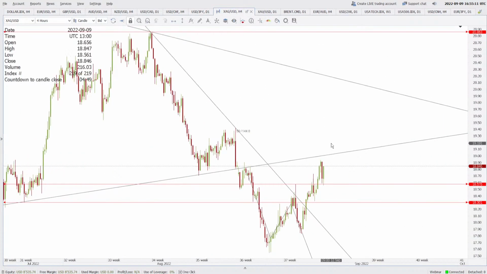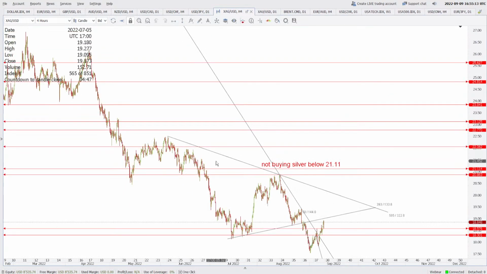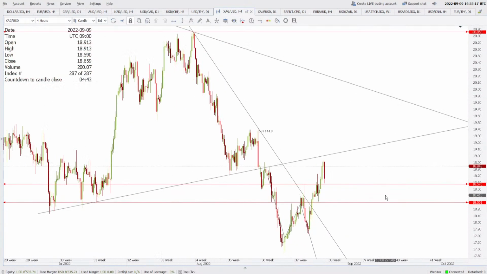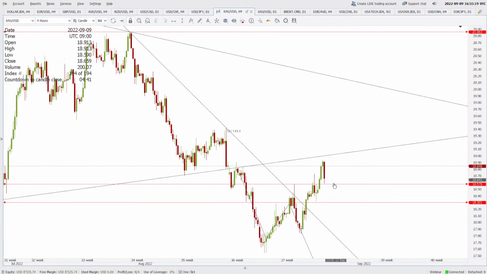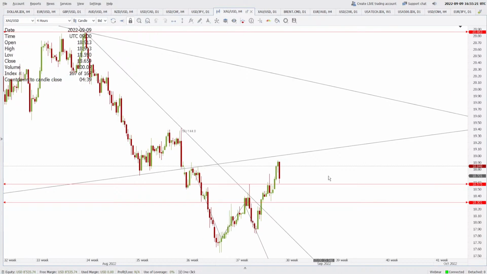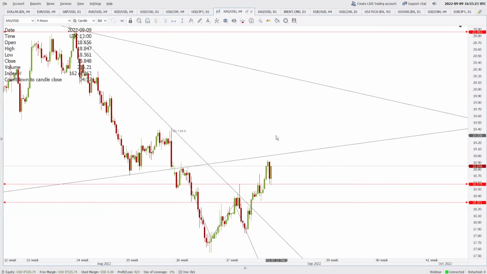Okay, in silver something is cooking here. You see this symmetrical triangle on the 4 hourly was broken, and now the price is going to test that. Okay, the price update, my chart update. So the price is now going back to test that area as the fresh resistance. Now what is going to happen? Now you will see this bullish pin bar here. Okay, you will say, oh wow, this is the time to buy.